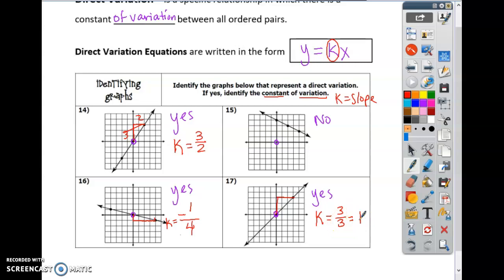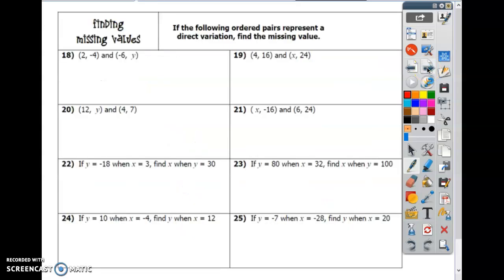Okay, so you guys are going to have to do this in just a little bit in the quizzes that I have left for you. And then also at the bottom of the sheet, we have to figure out what variable is missing, and how to find other variables. So for problems that look like this, where they give you 2 points and they're missing a number, okay? We're going to make a table, x and y. I'm going to put my points in there, so that's 2, negative 4, and that's negative 6